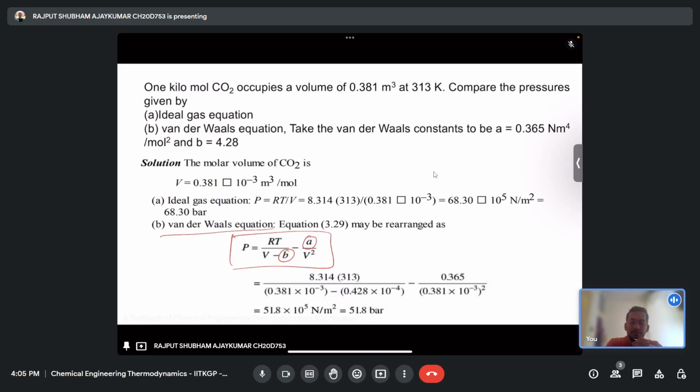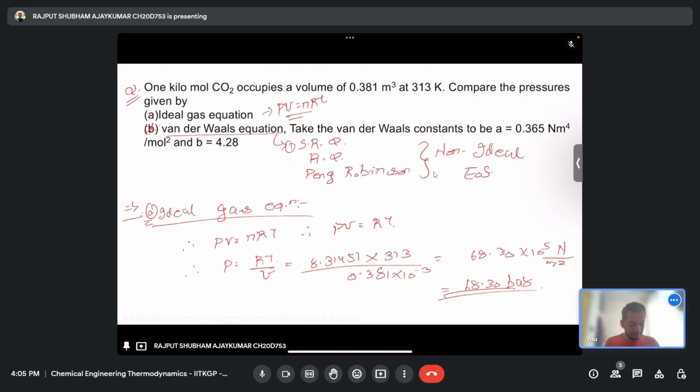So what the question is asking is to compare the pressures. How will the pressure values vary if you take an ideal system and a non-ideal system and solve it using the different equations? If you take the ideal gas equation of state and you consider the same gas as a non-ideal gas, you solve it with a non-ideal equation of state. So there are three different equations also, like this one, 2, 3, and this is the fourth one. We calculate the pressure with all these five different equations. The pressure values will vary because each equation of state has its own assumptions and calculations,